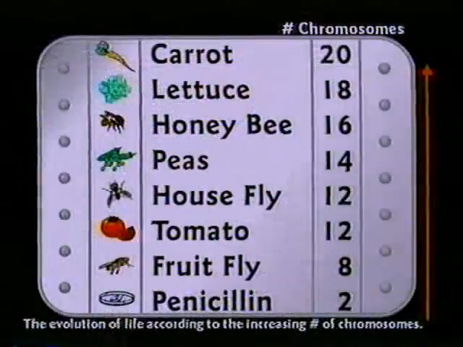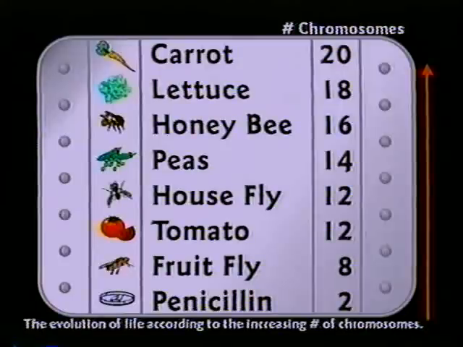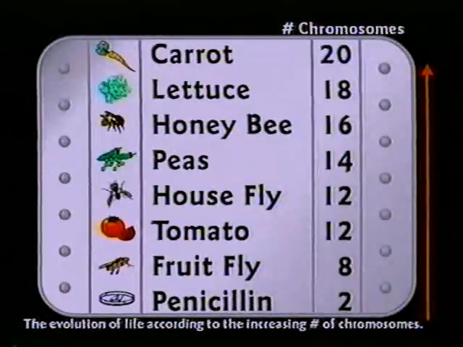And that's another whole long system. Michael Behe's book, Darwin's Black Box, explaining the complexity of the cell, is really amazing. Well worth reading. But fruit flies have 8 chromosomes. So I put these animals and plants in order as a spoof to make fun of the evolution theory, how the more complex you get, the more you evolve. Penicillin evolved first and slowly turned into a fruit fly, and over millions of years got some more chromosomes and became either a tomato or a housefly. They're twins, you know. Nobody can tell the difference between a tomato and a housefly. They both have 12 chromosomes.